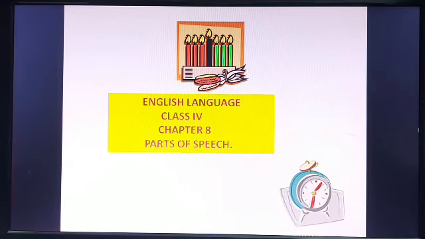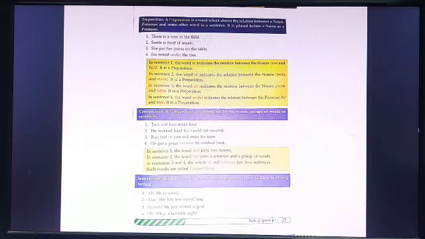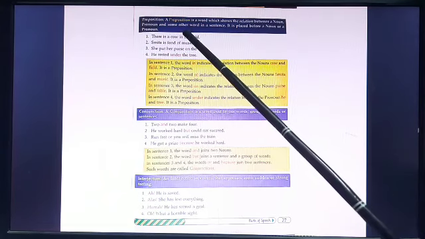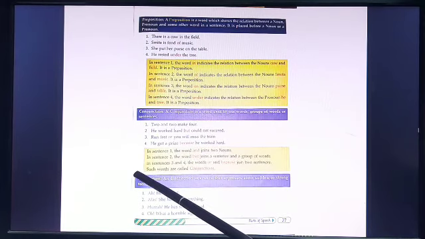So in the last two videos we have revised noun, pronoun, verb, adverb and adjective. So five parts of speech we have already done in the last two videos. We will revise it once we finish. So we'll proceed today with the next part of the parts of speech, that is totally new: preposition, conjunction and interjection. So today we will do preposition, conjunction and interjection.